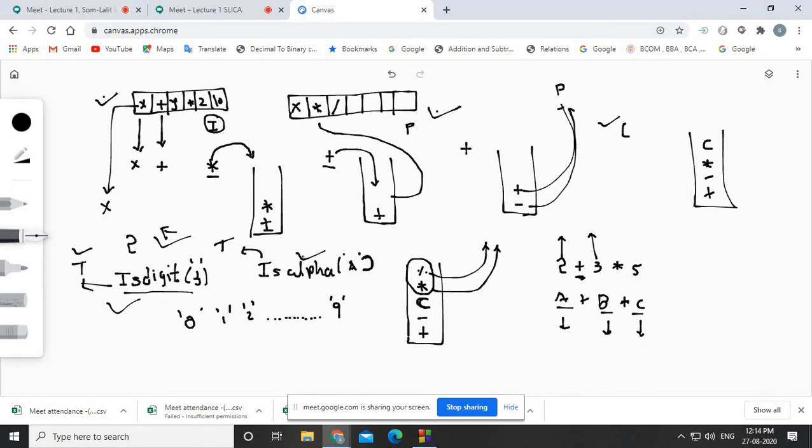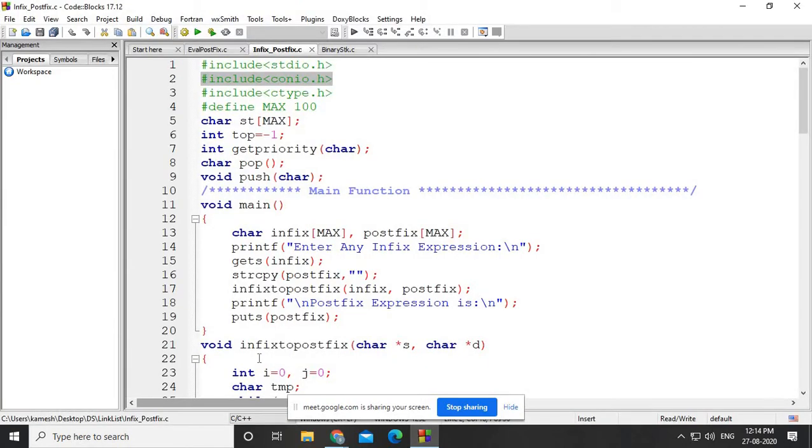To distinguish between operator and operand, we use the isdigit and isalpha functions, which are available in the ctype.h header file. Later on we will use those functions, and for that reason I have included ctype.h.